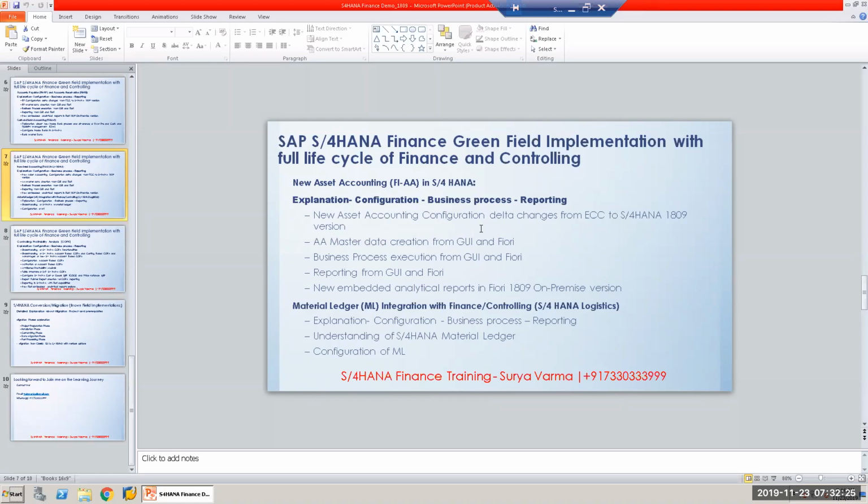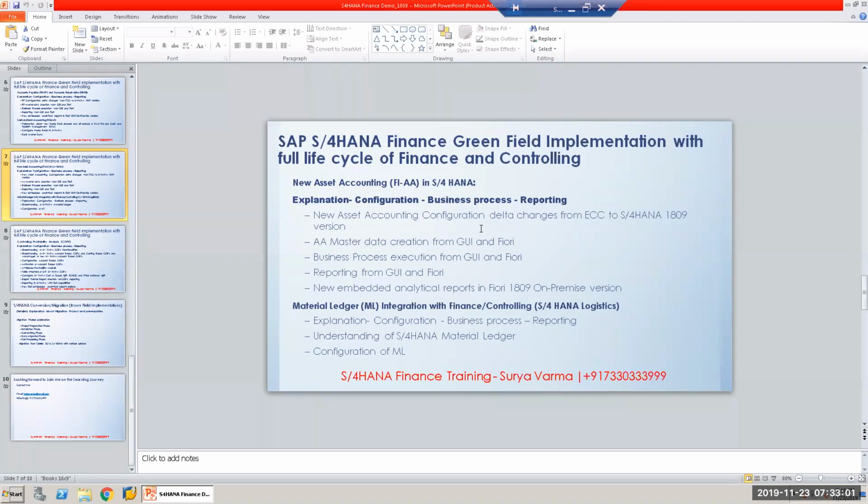So we'll have to understand what this change functionality is, how things were before S4HANA, what is the significance of delta depreciation area and all in your ECC system. Now in S4HANA, do we need a delta depreciation area or we don't need a delta depreciation area? If at all we don't need a delta depreciation area, what are the things which we have to do and what are the changes which we have to notice is something we'll be understanding on your asset accounting front. And what are the changes that have taken place with regard to your depreciation run and all, we'll be understanding